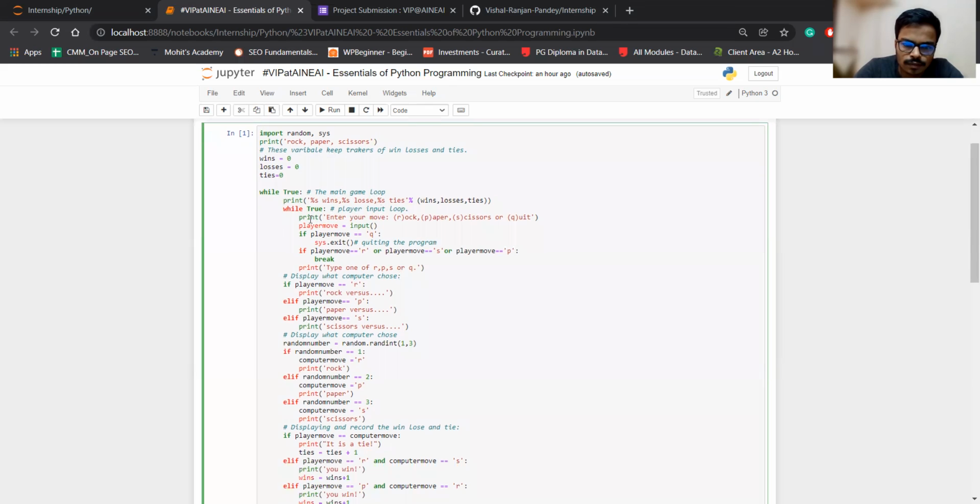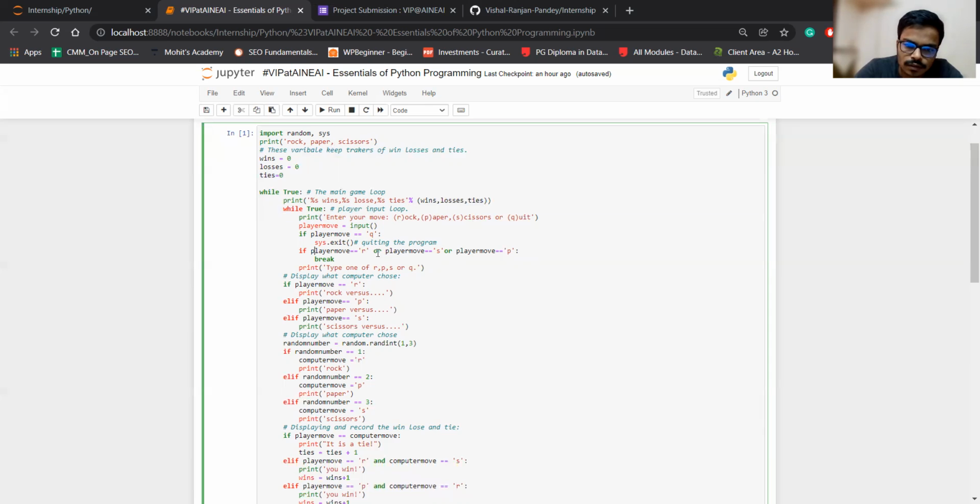Now in the player loop, enter your move: rock, paper, or scissors. Here player move is equal to input. Input will take the help of the sys module, and it helps us to take these different options. If player move is equal to q, sys.exit quits the program.